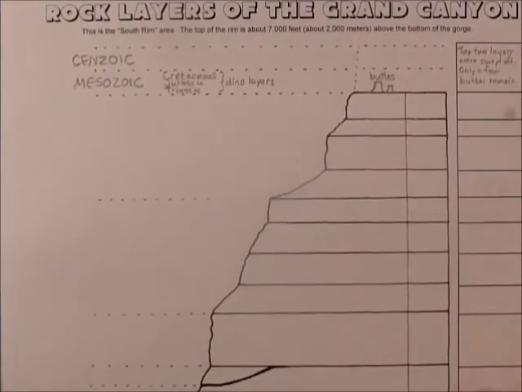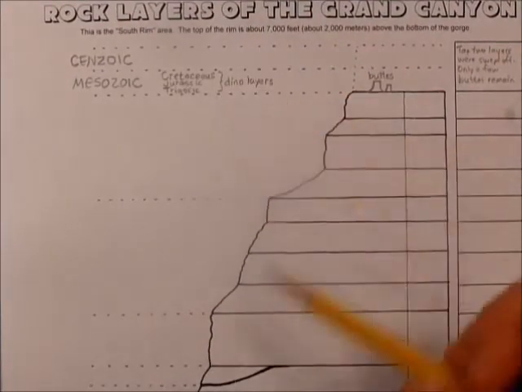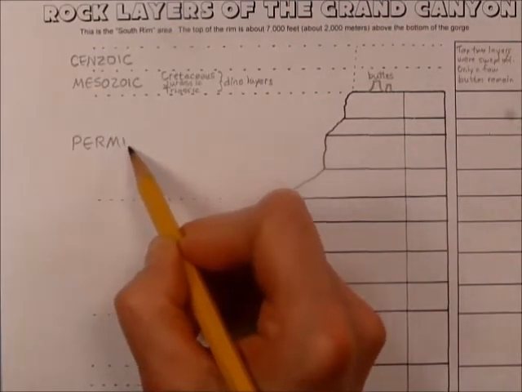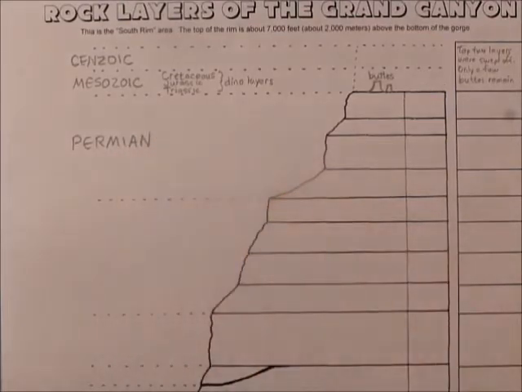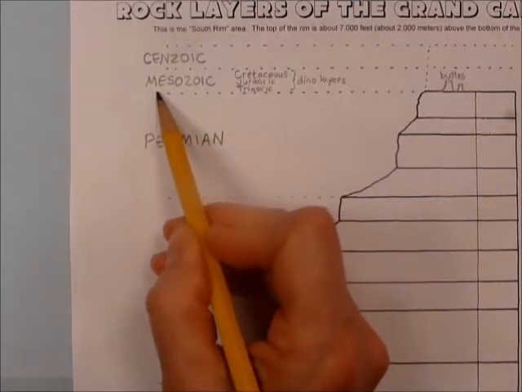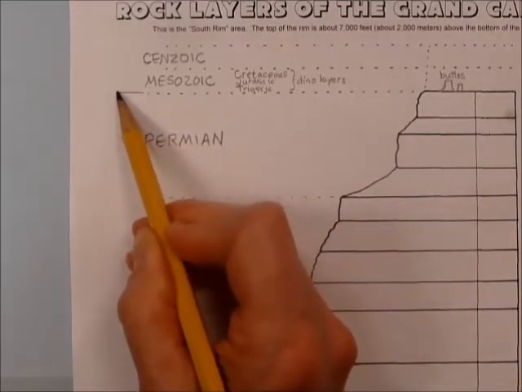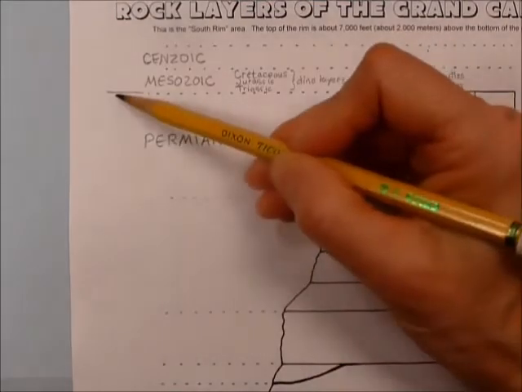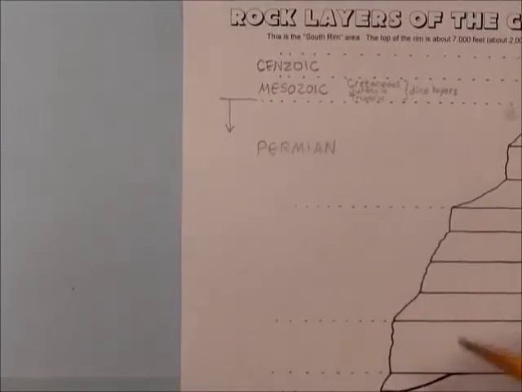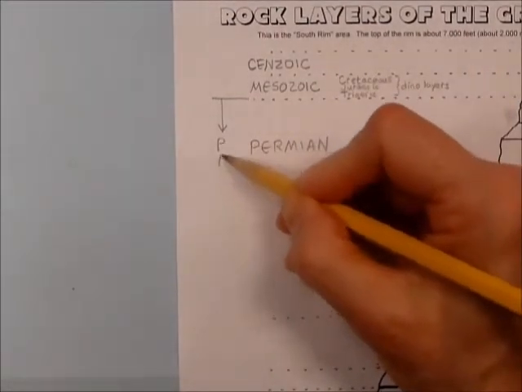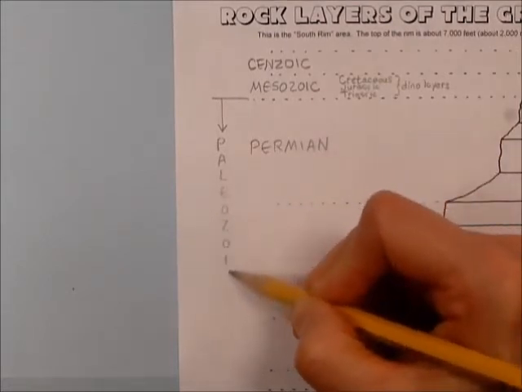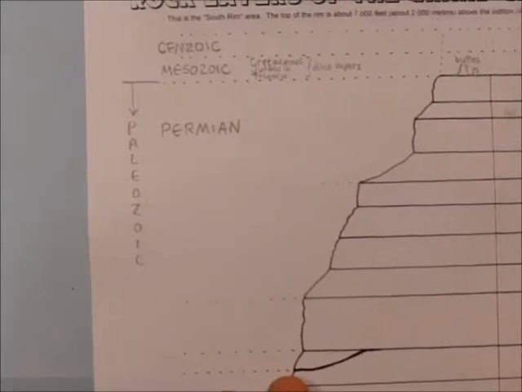Okay, so the next section is from here to here, and this is the Permian. Perhaps we could extend this dotted line out here just a little bit. Everything below the Mesozoic, if you want to put an arrow going down, everything below there is part of what we call the Paleozoic. Okay. We have the Permian,